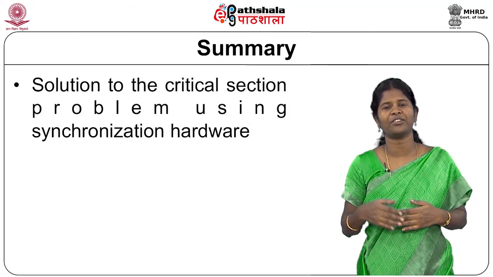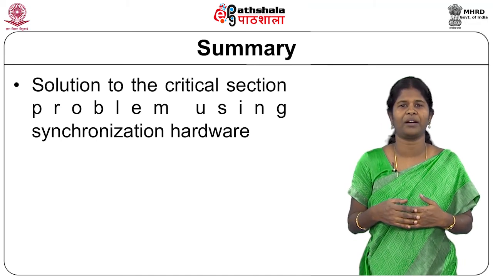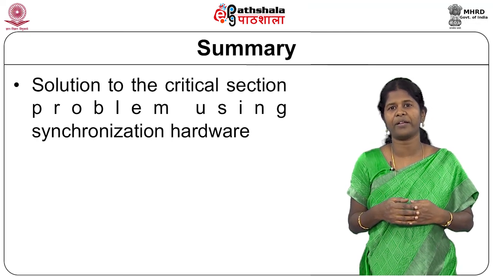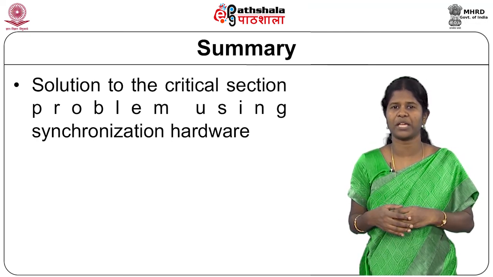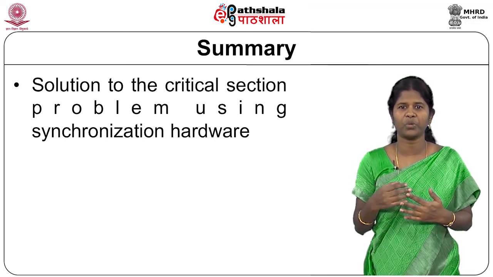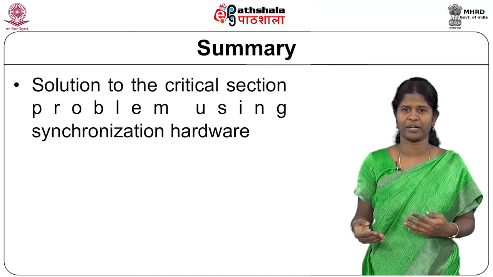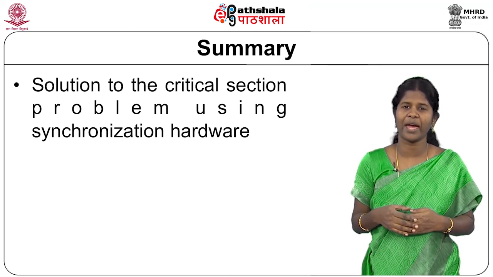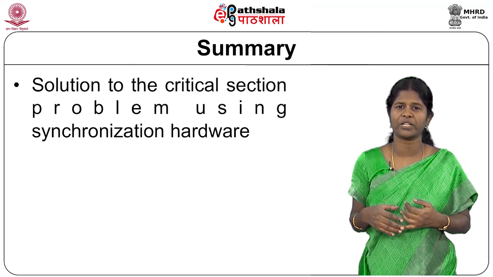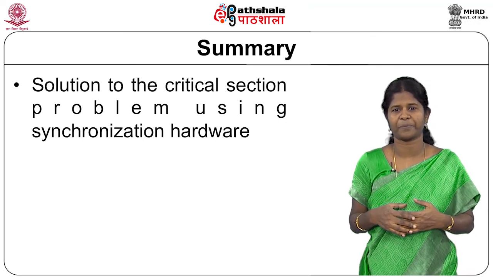So, next we looked at another algorithm that provided a solution to the mutual exclusion problem, but that included the test and set as well as the swap instructions. Both the instructions were included, and using both the instructions we saw that there is an algorithm that is a solution to the critical section problem, and we also saw that that algorithm provides mutual exclusion, it provides progress, and it also provides bounded waiting.